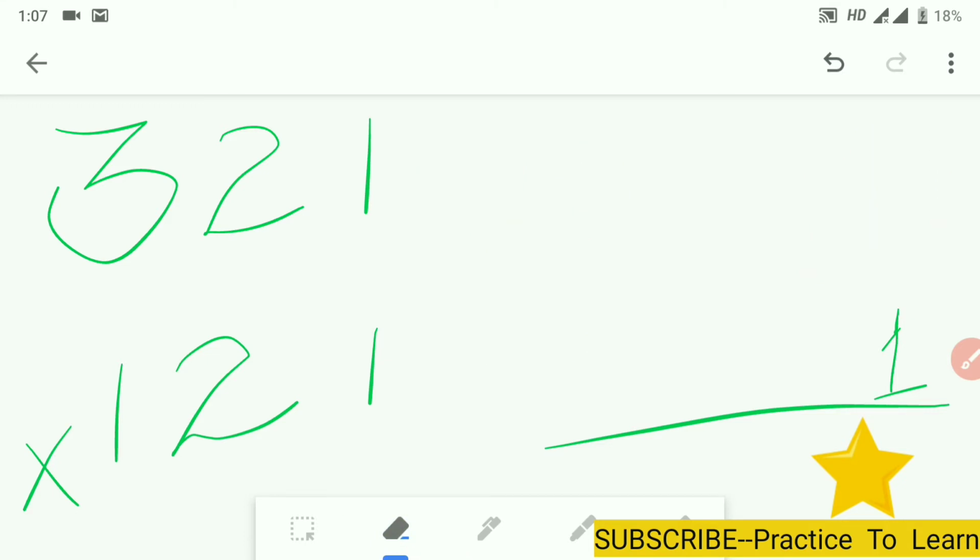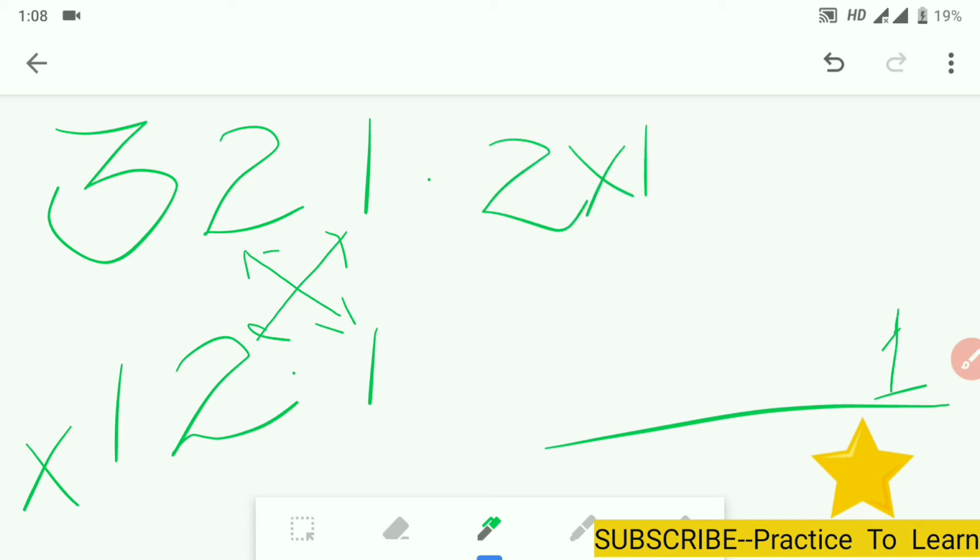In the second step, I will cross multiply the number at the tens digit and the number at the ones digit, like this way. Just like 2 multiplied with 1 and 1 multiplied with 2. I will check the result. 2 into 1, I will add it to 1 into 2. That is 2 into 1 plus 1 into 2, which is 2 plus 2 equal to 4. I will write it at the tens place. Now I'll be erasing this as well.